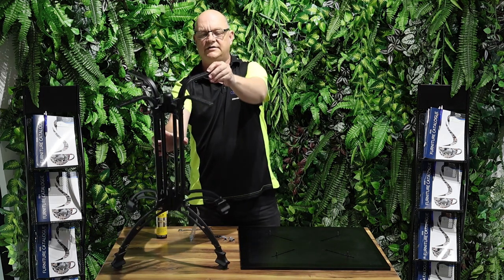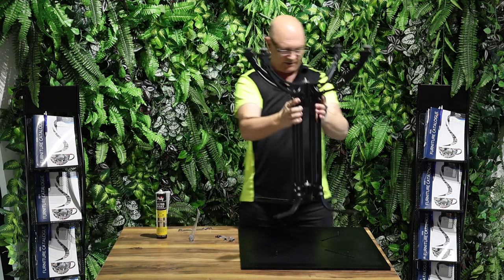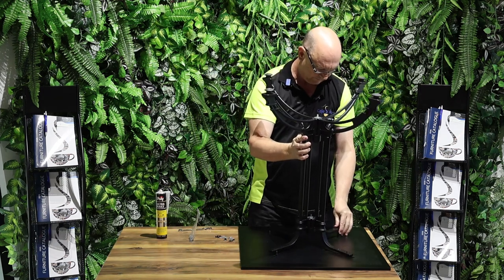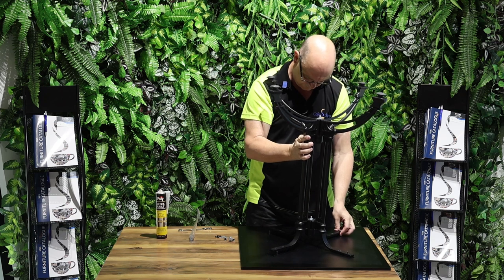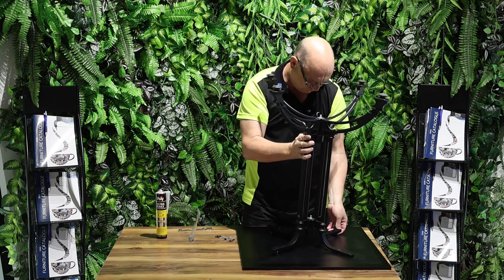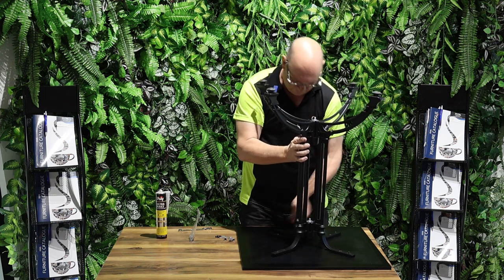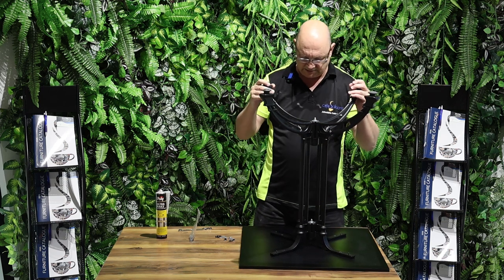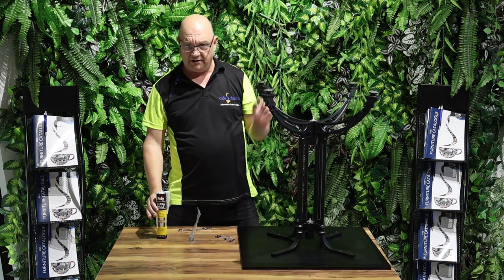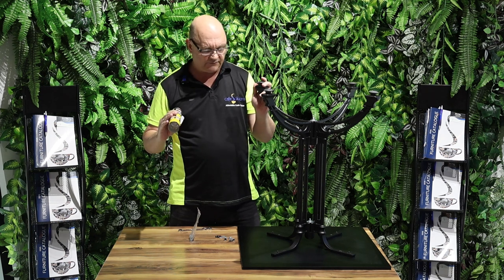And then line those up with the outer holes here on your table base. It does take a little bit to line them up. Just like so. Now, if you do have high traffic areas, we do recommend that you use, for the compact